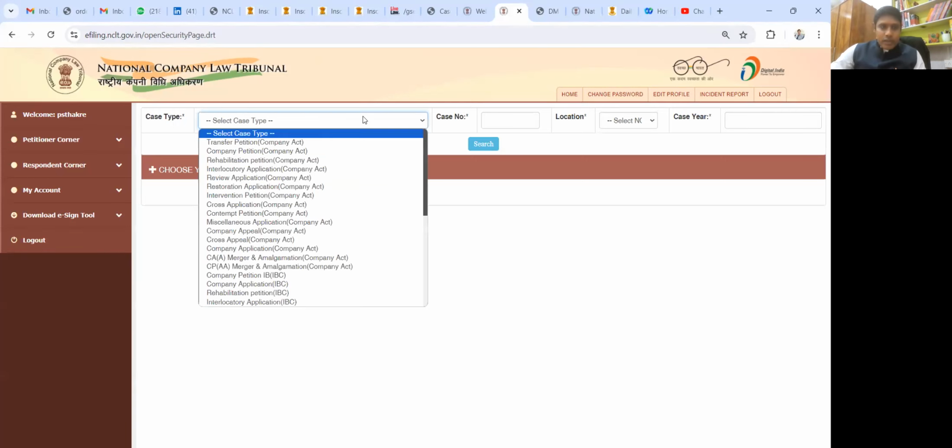So from here, you can select what is the exact case in which you want to file the reply. Whether it is a transfer petition, a company petition under Companies Act, a rehabilitation petition under Companies Act, an interlocutory application under Companies Act, a review application under Companies Act, a restoration application under Companies Act, intervention petition, cross application, contempt petition, miscellaneous application, company appeal, cross appeal, company application,